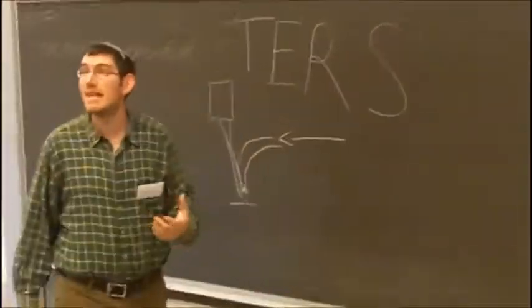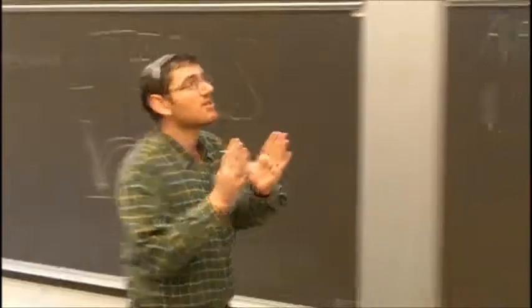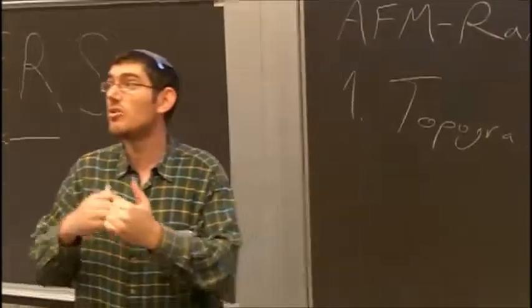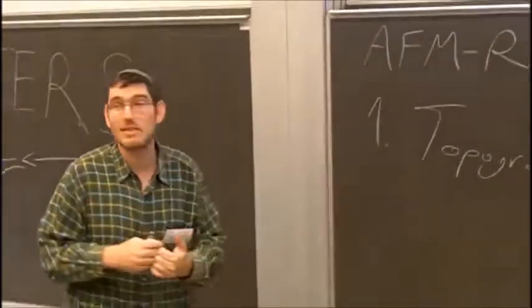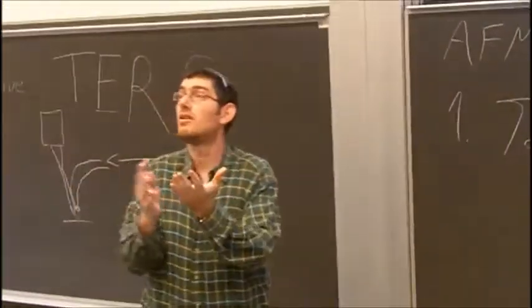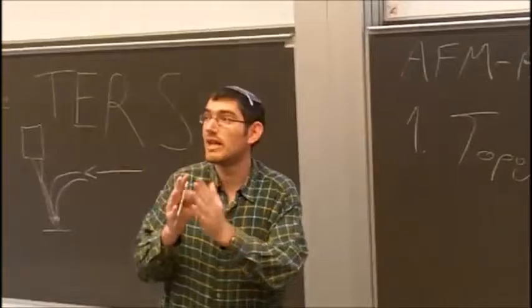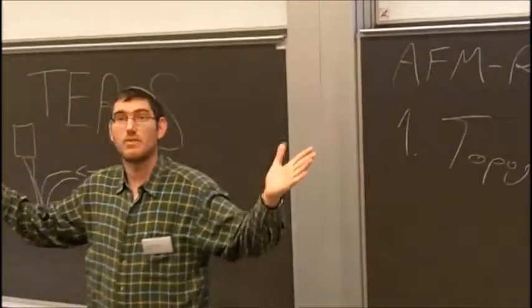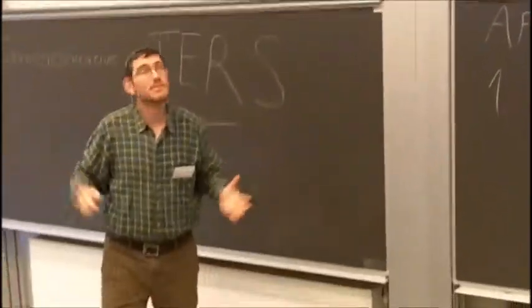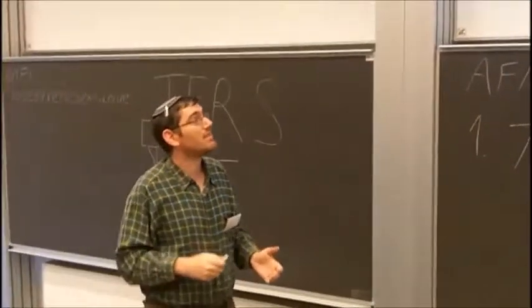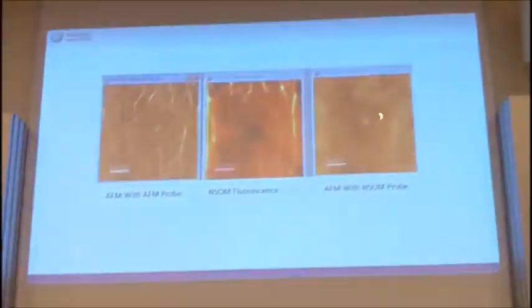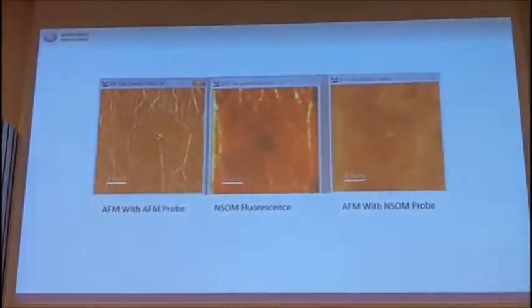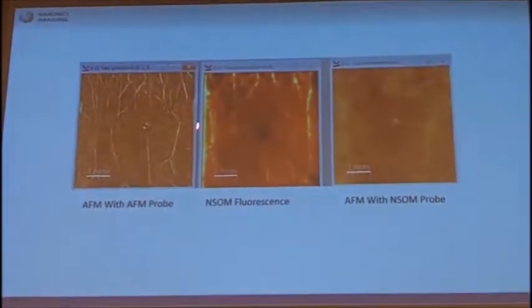The problem is that this NSOM probe, we said, has an aperture of 50 nanometers, so enough intensity of light can go through it to get a fluorescence image, and it's also coated with gold around it, so light won't leak out from the sides. So therefore, the topography, as you see here,